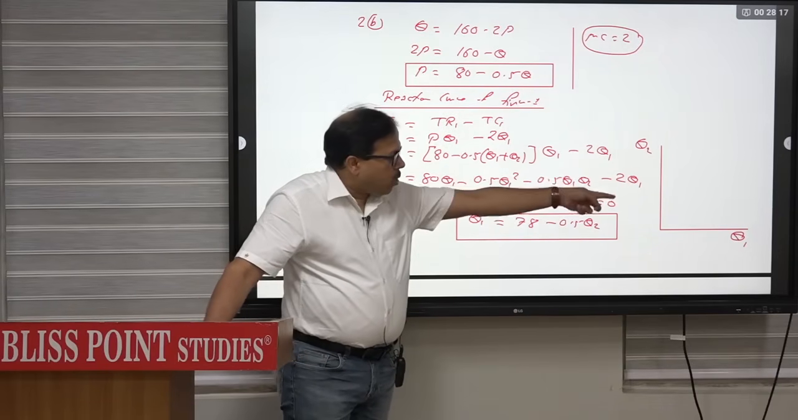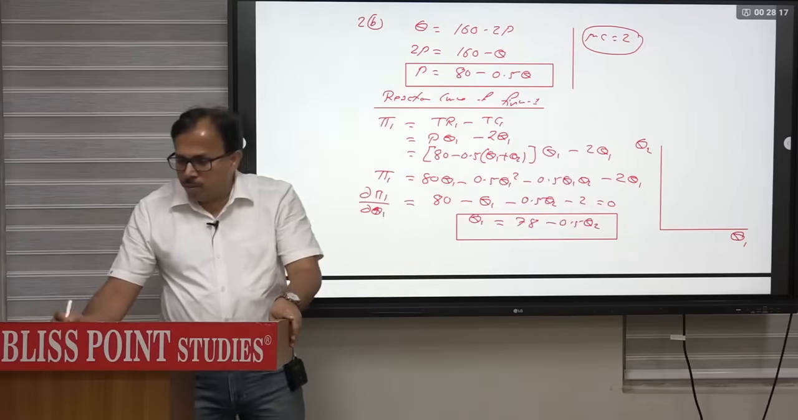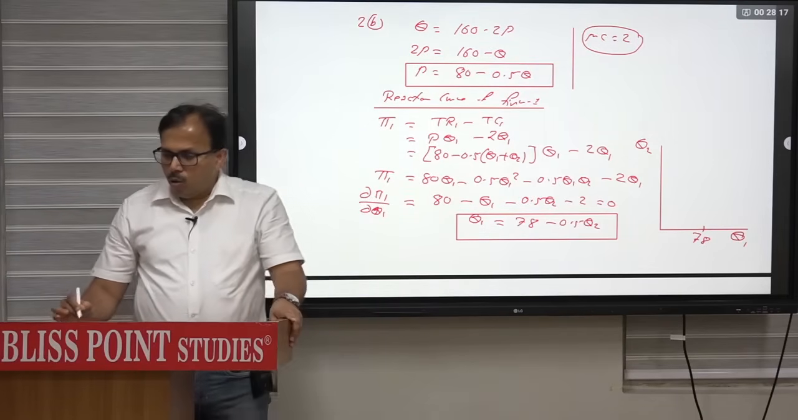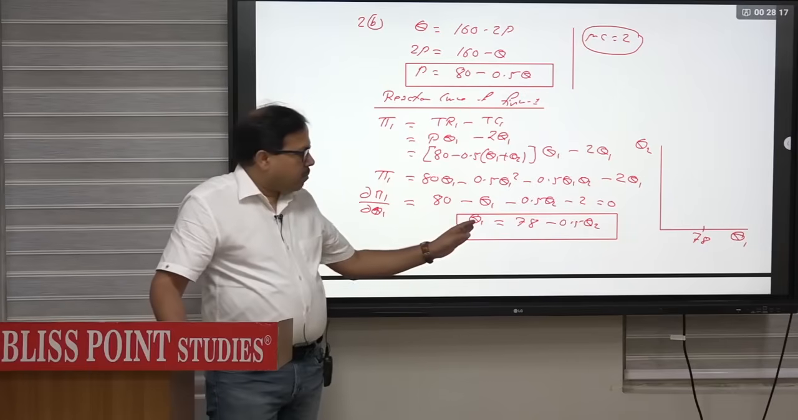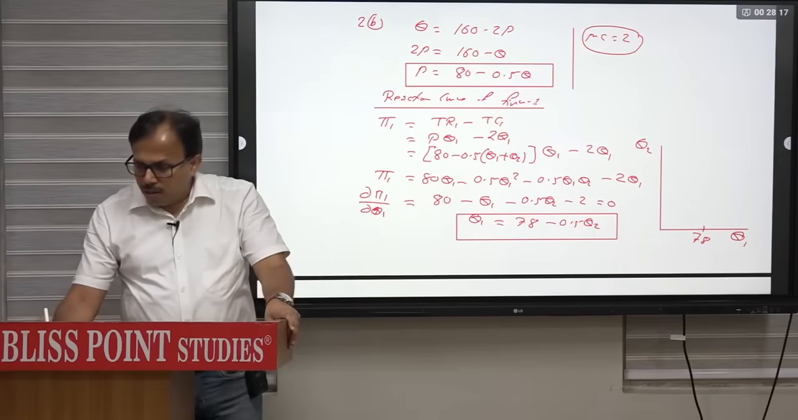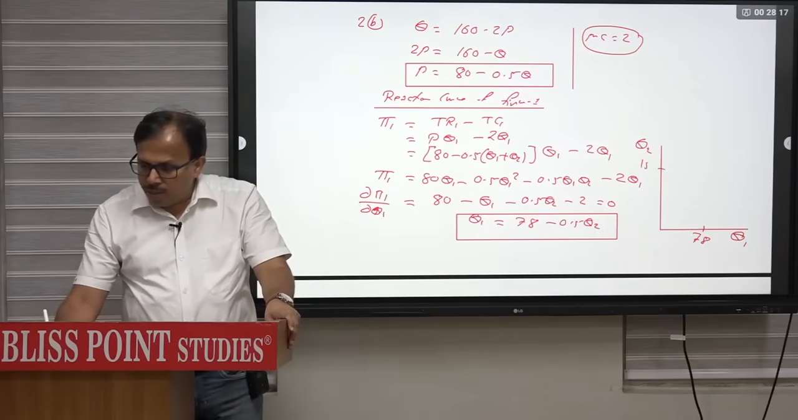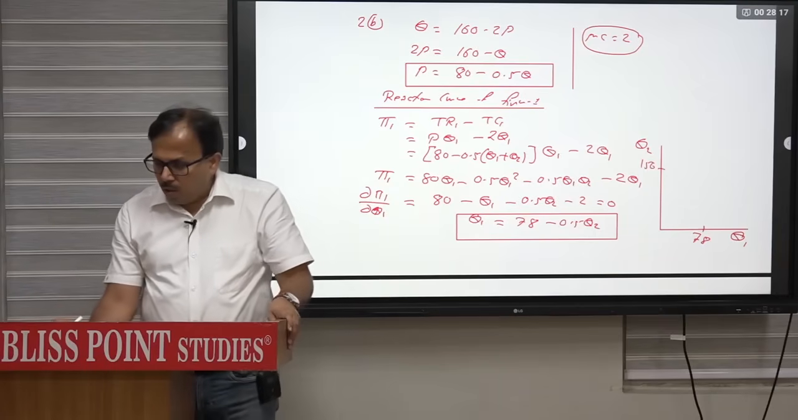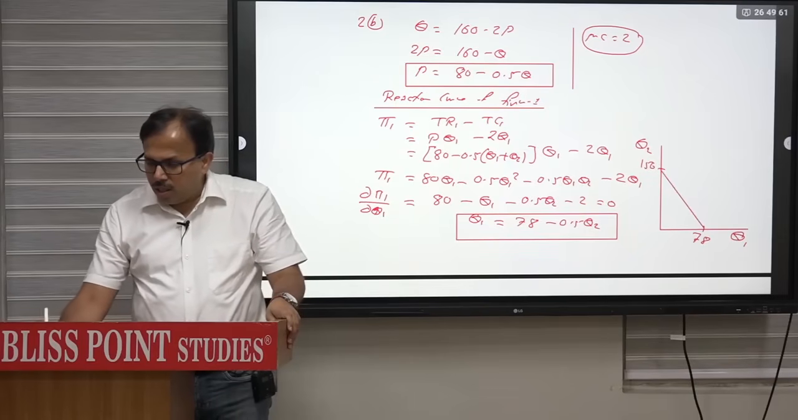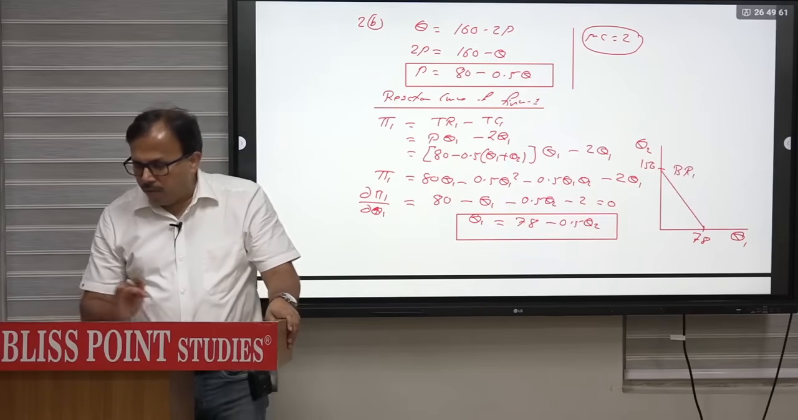तो Q2 अगर 0 करेंगे तो Q1 की वैल्यू 78 हो जाएगी, मतलब ये नंबर यहाँ पे 78 आ जाएगा। और अगर Q1 0 कर लेते हैं तो 78 by 0.5, this will become 156, और इन दोनों पॉइंट को स्ट्रेट लाइन से कनेक्ट कर देंगे। This is the reaction curve of firm 1, ये फर्म 1 का रिएक्शन कर्व है।